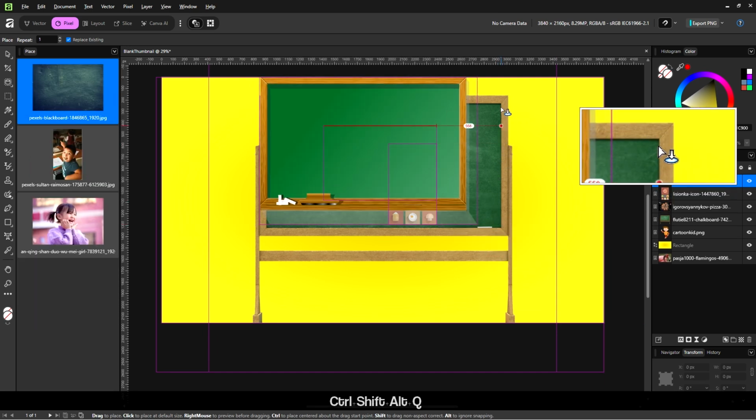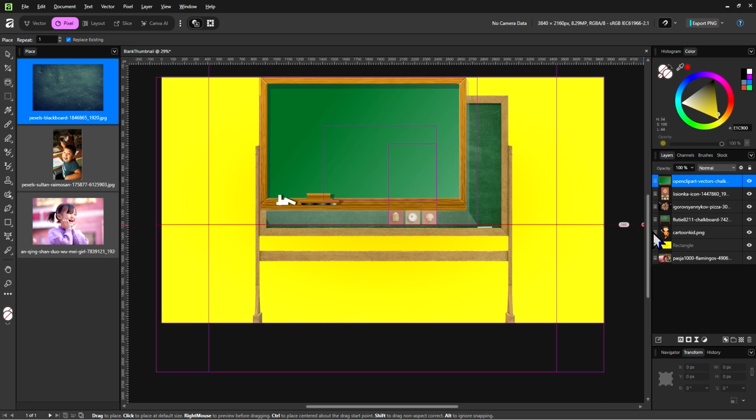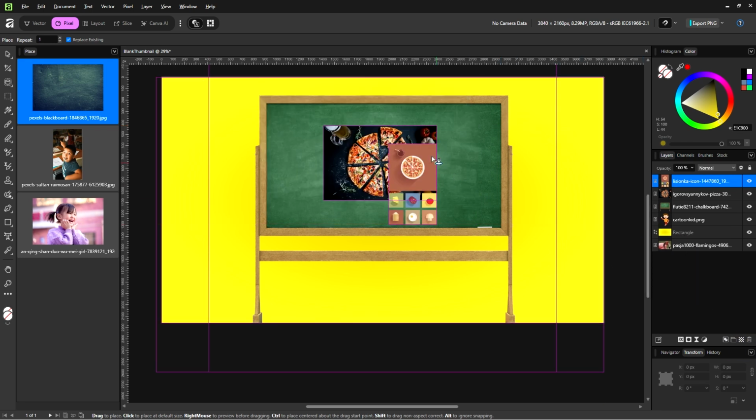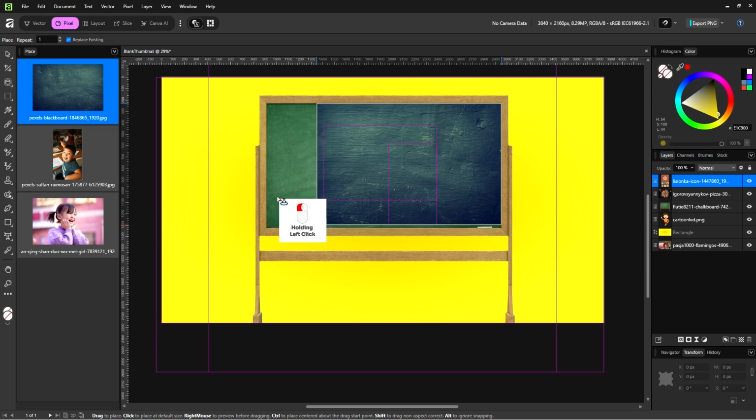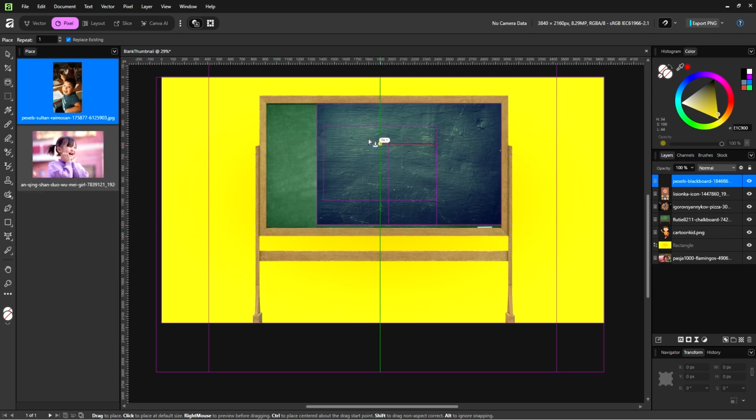And this blackboard. Oh yeah, but first remove the other chalkboard that I don't want. And then just place it above this chalkboard. Okay, maybe around this much for now. Don't worry, we can fix that later.